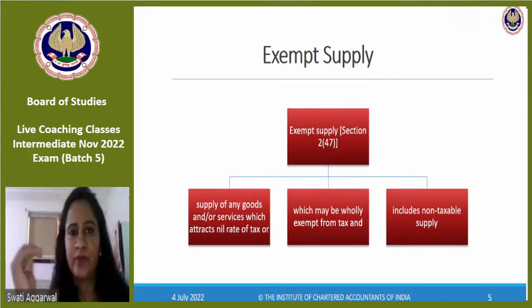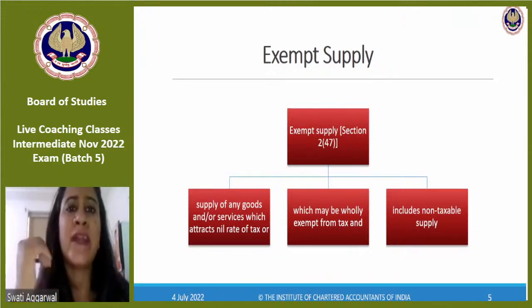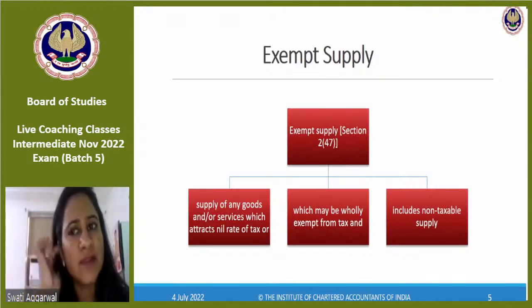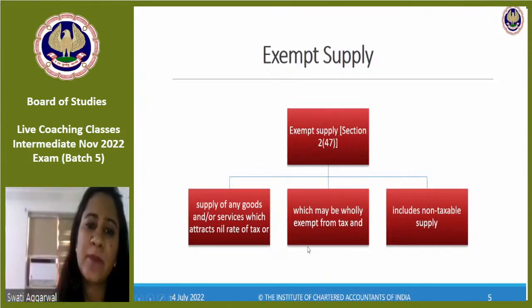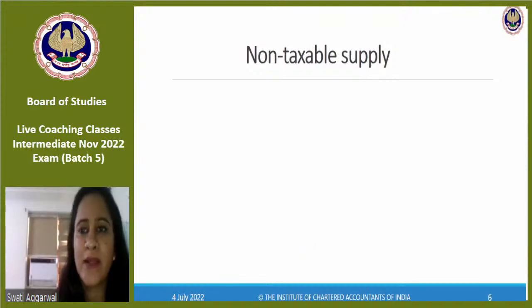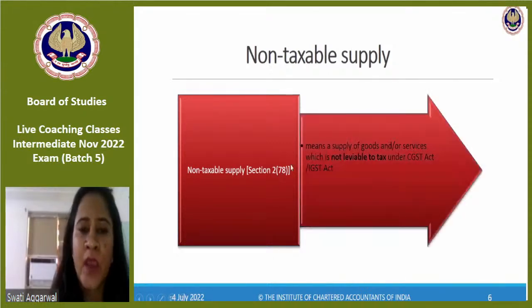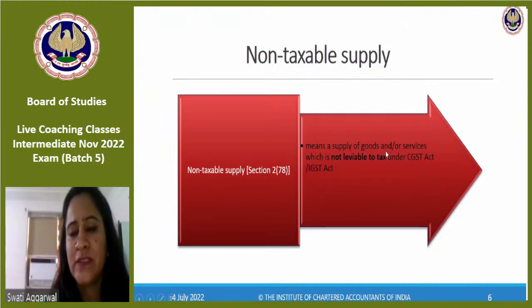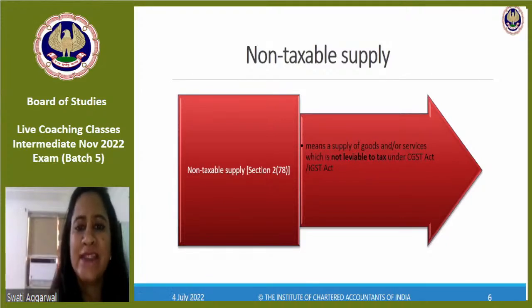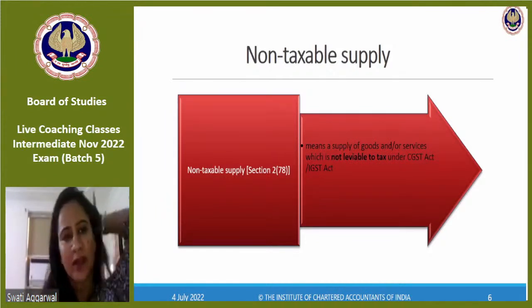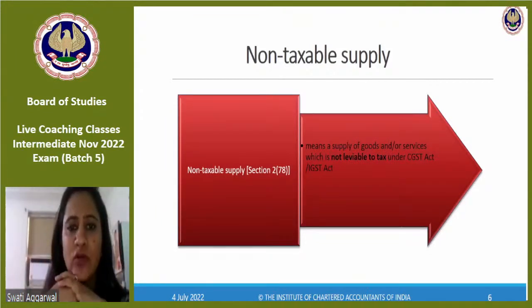And it also includes non-taxable supply. And I hope that non-taxable supply you have already discussed in the chapter on charge of GST. But again, let me reiterate with you what is non-taxable supply. The definition of non-taxable supply is given under section 2, subsection 78 of the CGST Act, and it means a supply of goods and or services which is not leviable to tax under the CGST Act, IGST Act. The point to notice here is that non-taxable supply is a supply of goods and or services which is